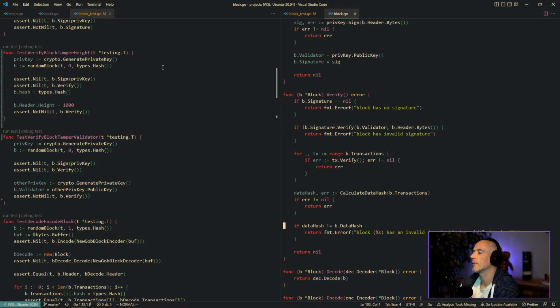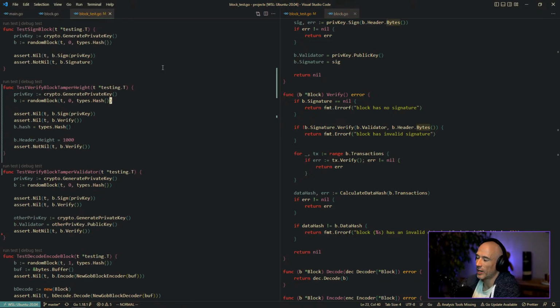So we verify. So we say signature verify. We verify the block header bytes. That's true. That's correct. But the block header bytes, you navigate VS Code like Sonic the